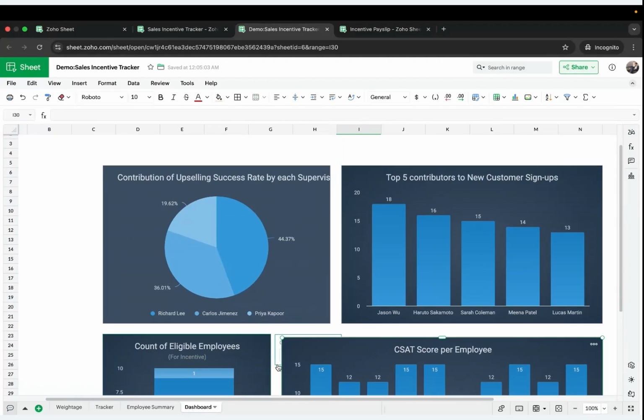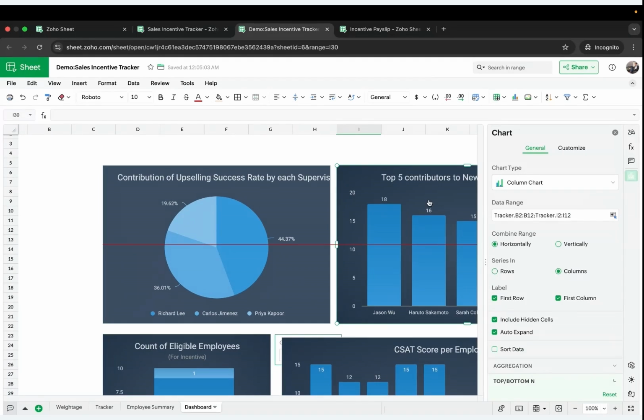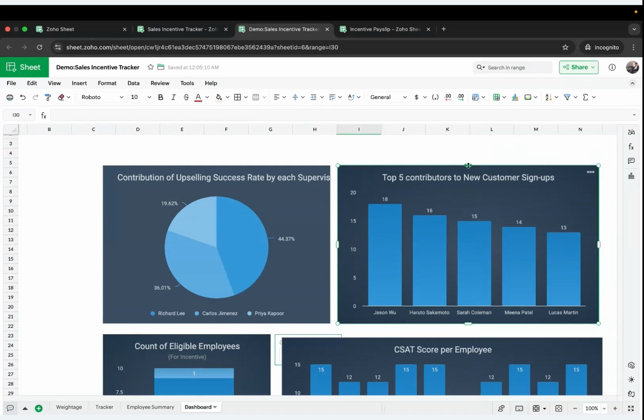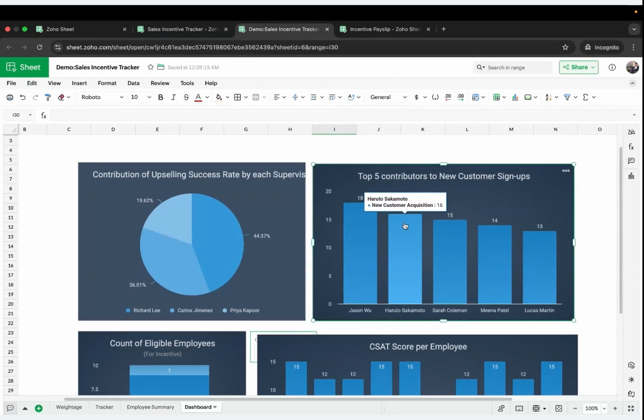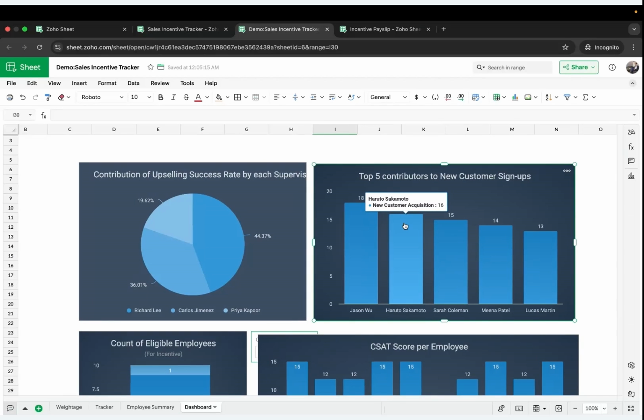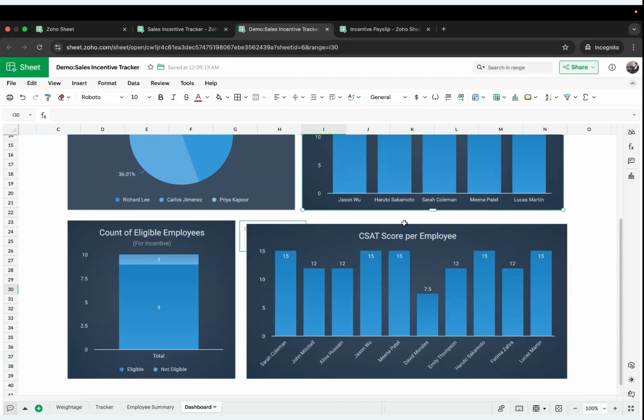As you can see, we have created multiple charts for different sales metrics. You can further create any chart that you'd want. You can either use Zia or the recommended charts option, or you can use any chart of your choice. So with this, we have created a dashboard sheet, and now let's create an eligible sheet to filter